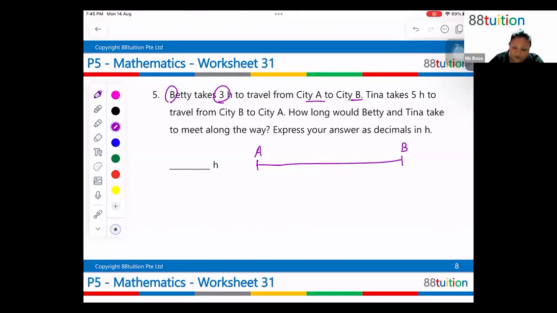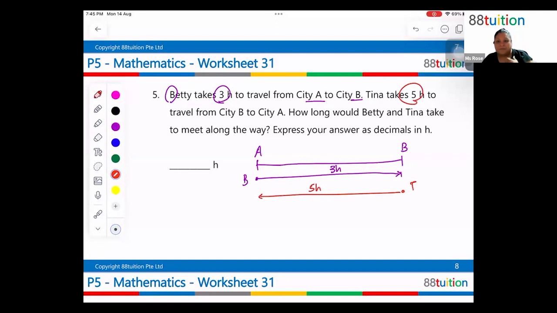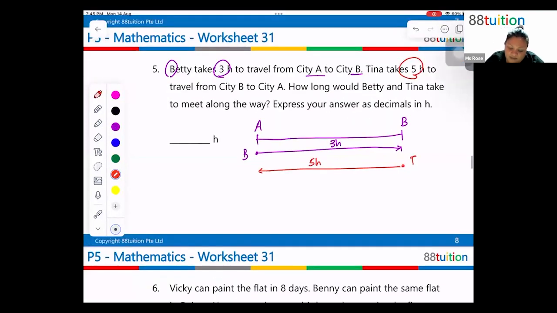So we know that Betty would take 3 hours to travel from A to B, and Tina would take 5 hours to travel from B to A. From here, can you see that we have to make that relationship? Always remember, when you have 2 items, you can only make comparison when it is based on the same time. So in this case, if I were to compare